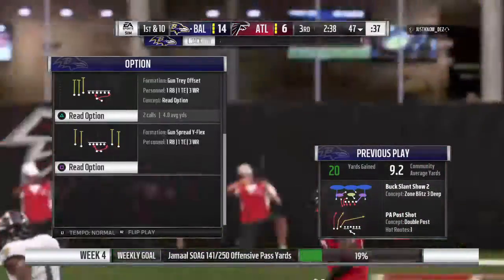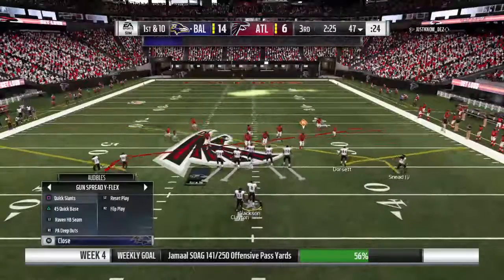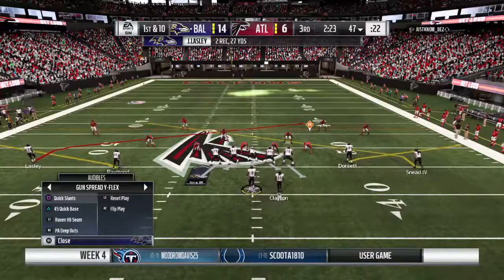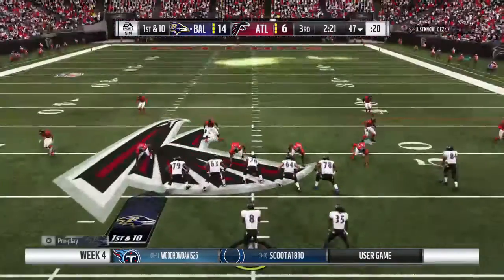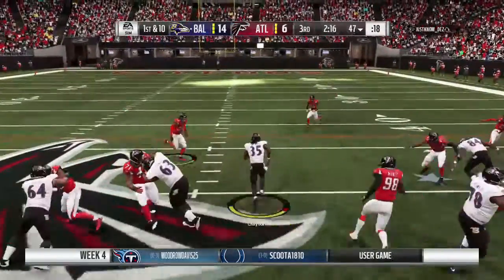A good pickup there of 20 yards. Well, we know he's got the speed there. He needed the speed and the hands. A great catch. And because of that speed, you have to respect him as a defender. You have to either play off or make sure you're...